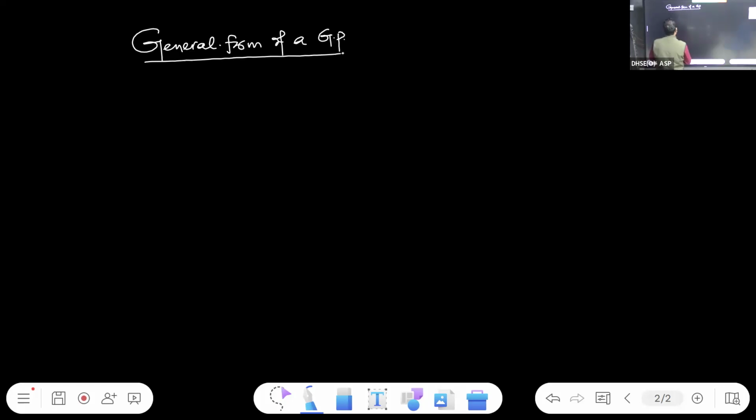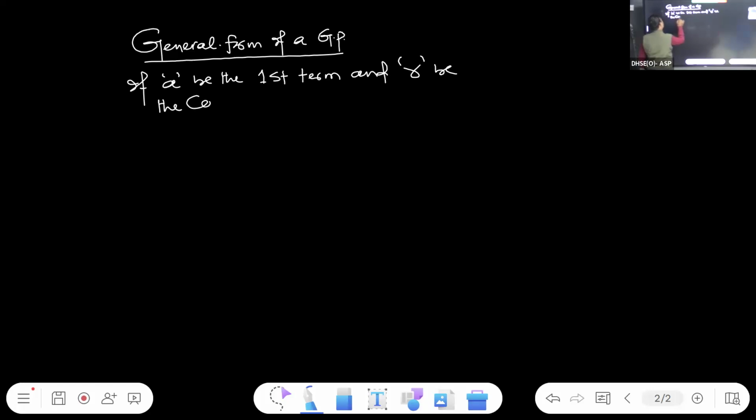Now write down the general form of a GP. If A be the first term and R be the common ratio of a GP, then the sequence is given by